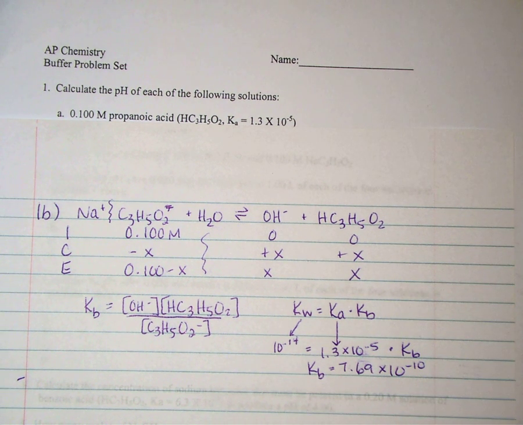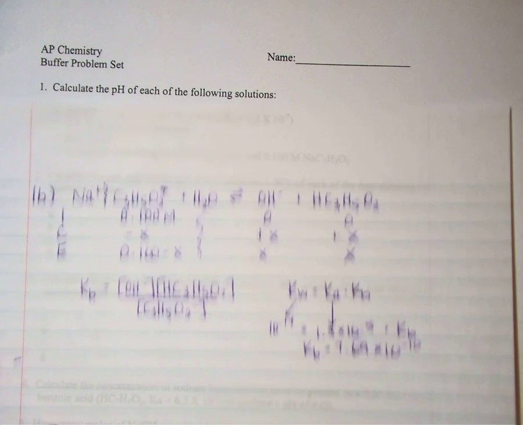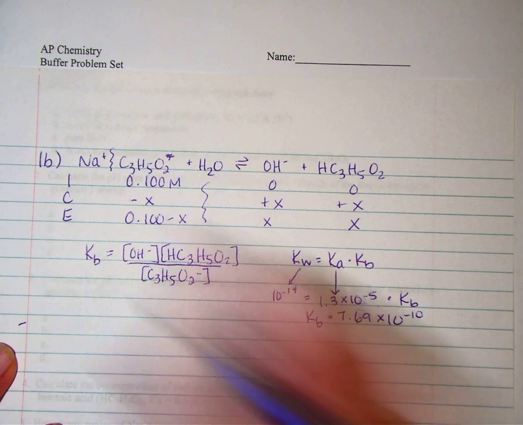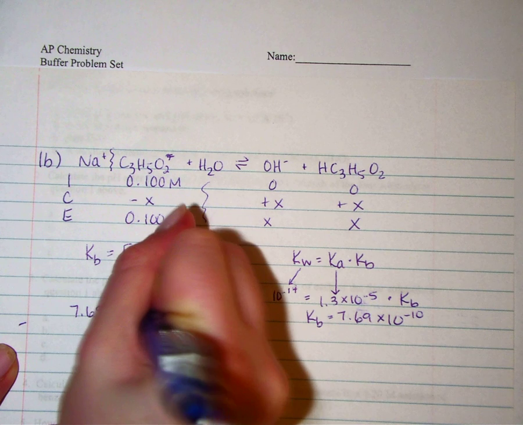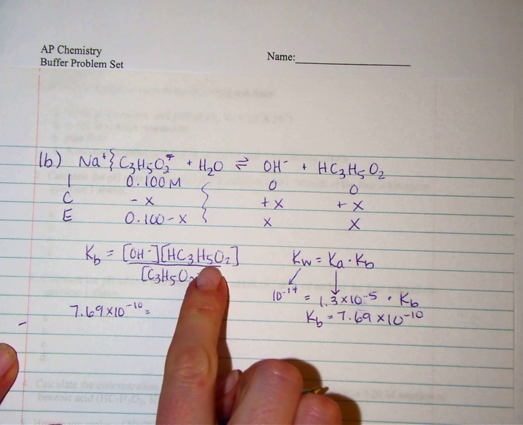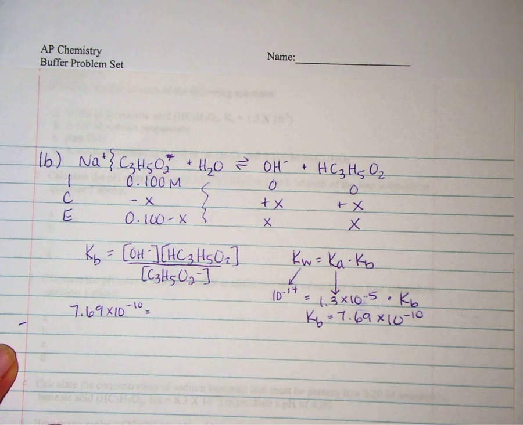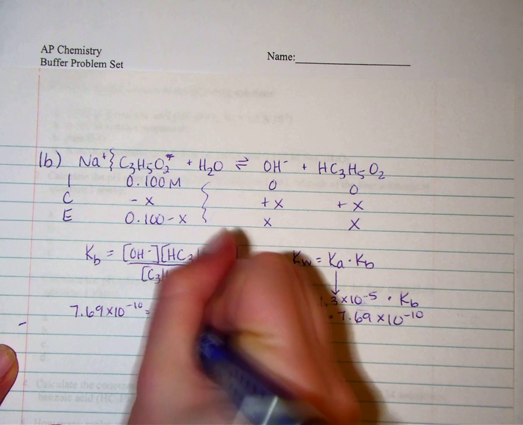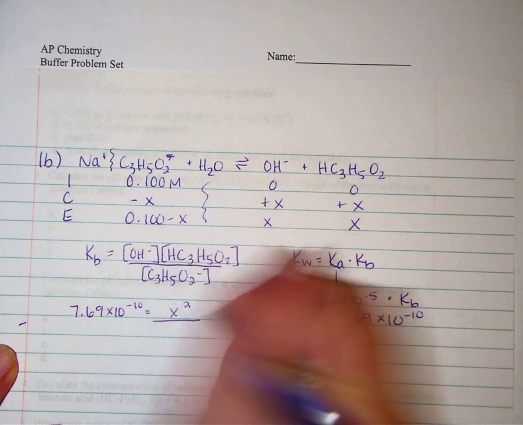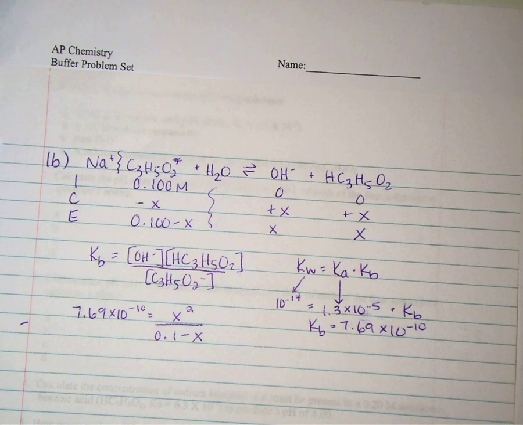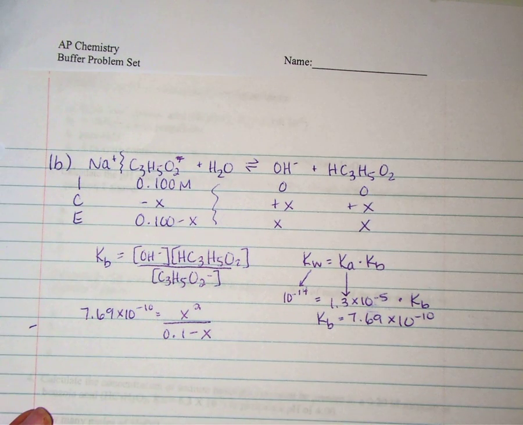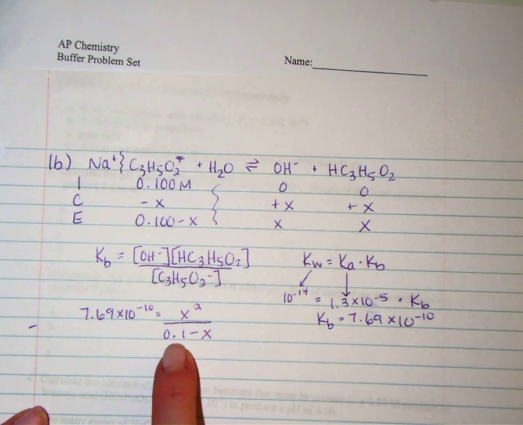So now I can just plug this in, just like I did before. So 7.69 times 10 to the negative 10th equals, well, OH minus and propanoic acid up here are both X's. So that's going to be X squared divided by 0.1 minus X. Now, same thing we did with problem 1A. You take a look at this and you realize if I have to cross multiply, I'm going to end up